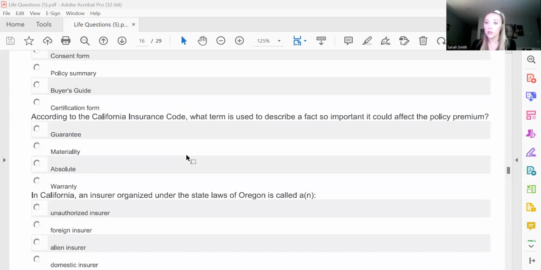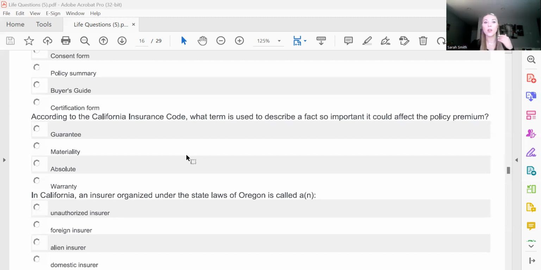So I'll use real estate as an example of this. Material just means that it is a relevant fact. So if I'm showing somebody a house and there are, like we have in the MLS, confidential remarks, let's say that somebody had passed away in the house within the last 3 years, I have to disclose that. That's a material fact. If there are termites and we know about it, if I'm representing a seller, that's a material fact that you have to disclose because it could affect the desirability of the house.